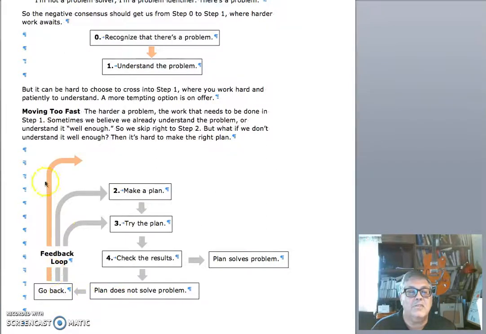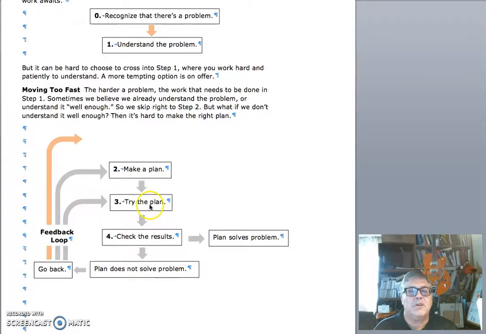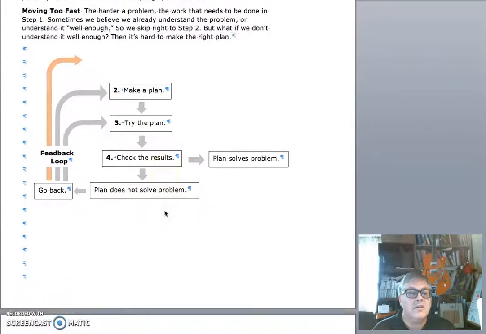We can't get into the feedback loop of understanding, so we start with the plan because we think we already understand it. We make the plan, we try it, we check the results, it fails, and we go back. We don't see this step, so we don't go back there, and now we're making and trying the plan over again. We're in this feedback loop where if the problem is a lack of understanding, we can't get to solving. Okay, so